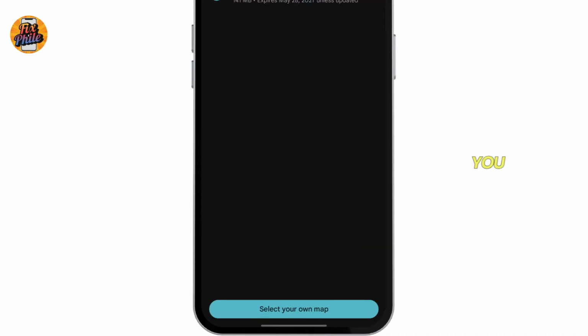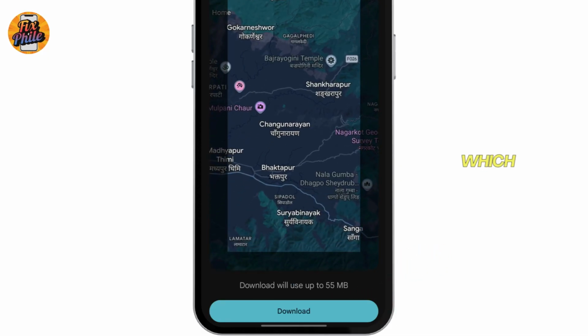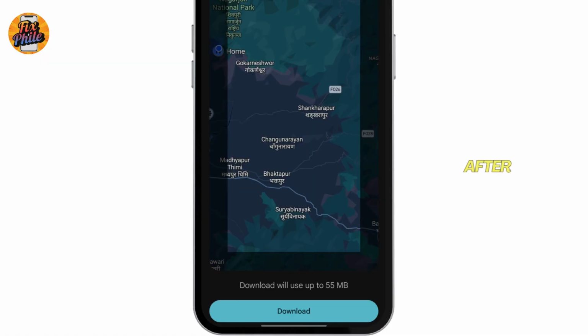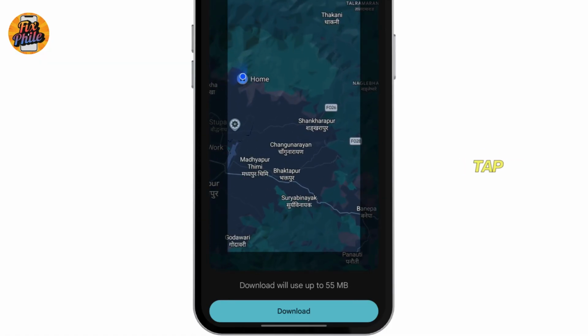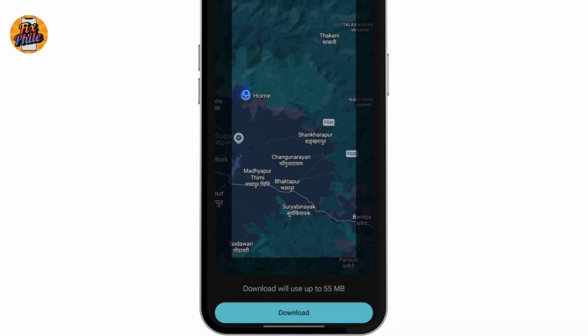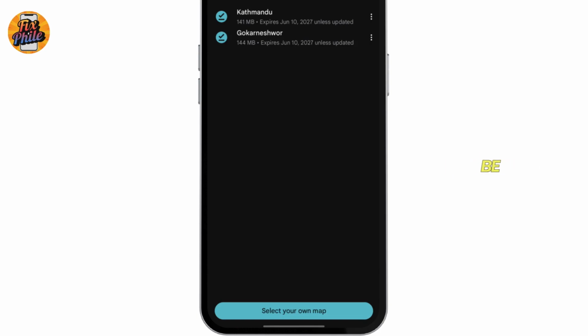Just tap on it. After you tap on offline maps, here you'll find the select your own map option. Just tap on it. Now select the area of which you want to download the maps. After you select your area by either zooming in or zooming out, tap on download. After you tap on download, your map will be downloaded, and as you can see here, the map Gogurneshwar has